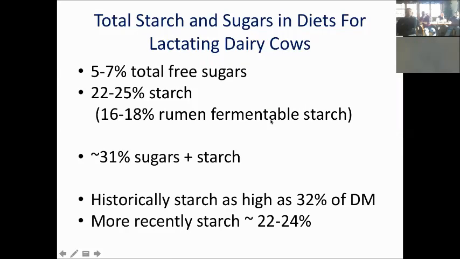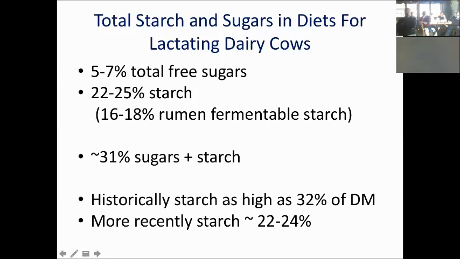And of course, these numbers are not hard and fast. There's obviously some wiggle room around these, depending on the types of things you're feeding. So these are not etched in stone, but it gives you an idea of where we want to be. And certainly, historically, if you look at 5-10 years ago, where we had